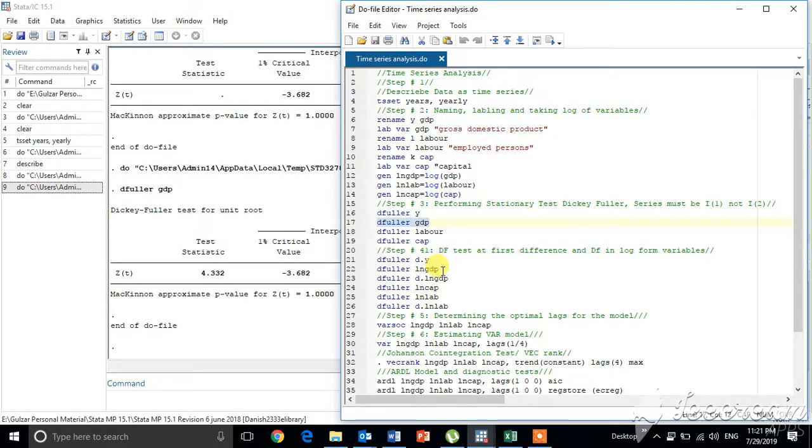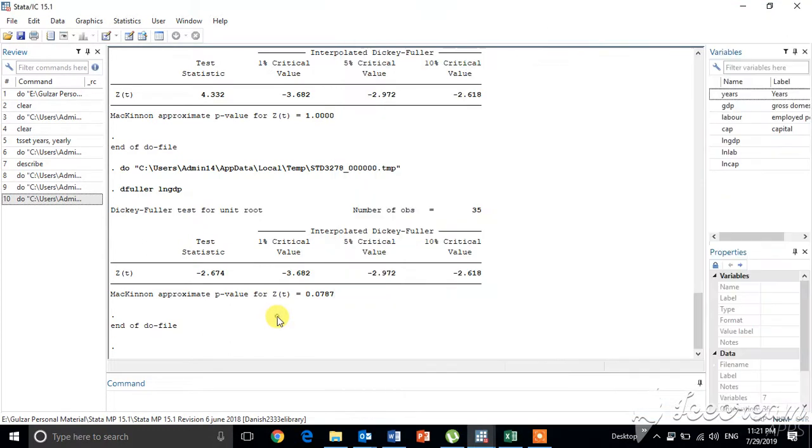Now, for example, we apply the Dickey-Fuller test on the log of GDP. Here you can see that it is a stationary variable at the 10% level of critical value, because its p-value is 0.07. If we multiply it by 100, it would be 7%. It means that it